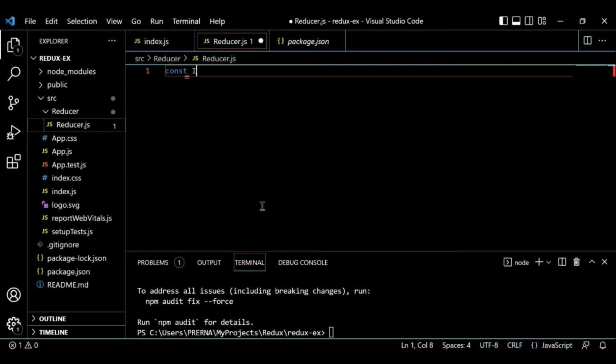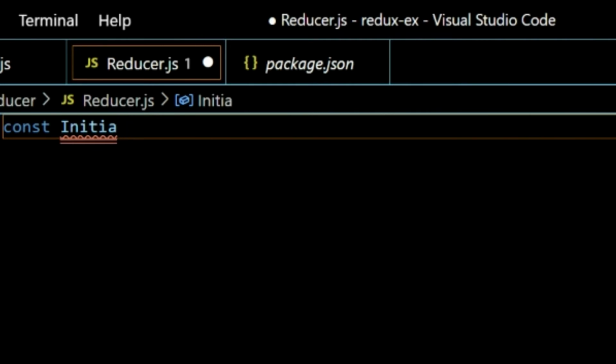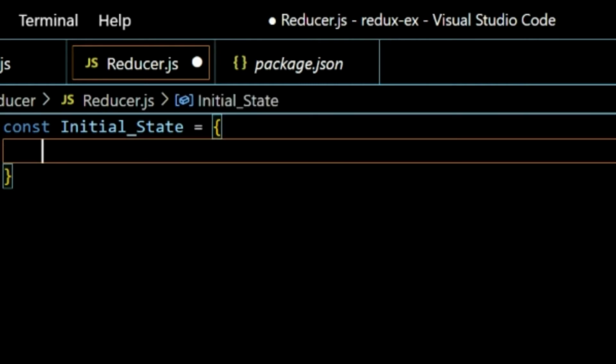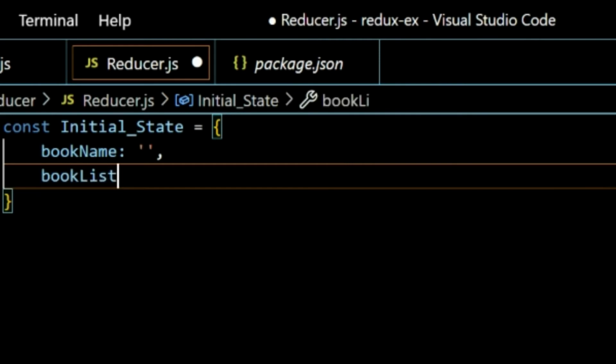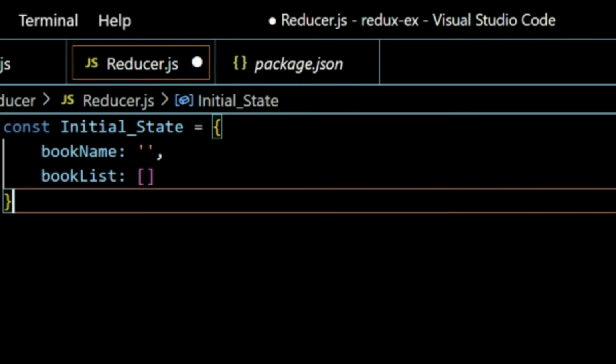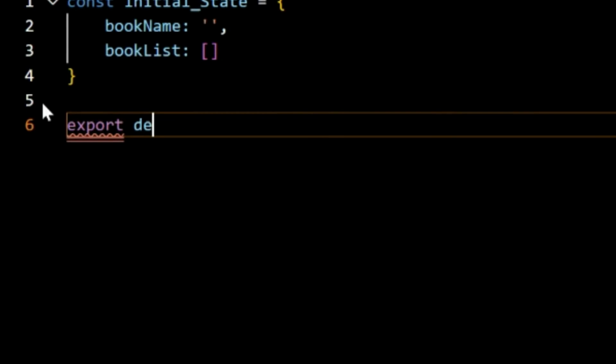In order to do that, I'll just create this initial state object and go inside it, and I'll write book name, and inside that I have a book list which will be an array type data, and just initialize it. Once that is done, the next thing we're going to do is write the reducer, which is export